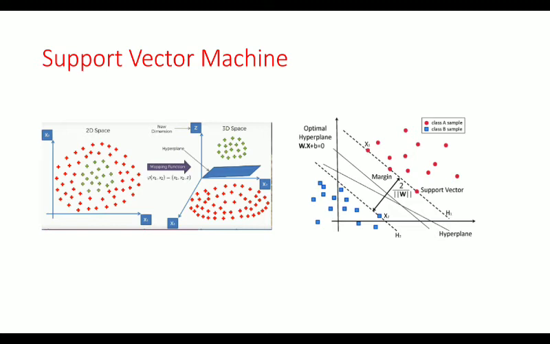In this case, the margin plane is W transpose X plus B equal to 0. If W transpose X plus B is greater than 0, we take that sample as belonging to class A. If for a particular sample W transpose X plus B is less than 0, that sample belongs to class B. In this example we are assuming only two classes, but the support vector machine can classify in any dimension, that means 4, 5, like that.